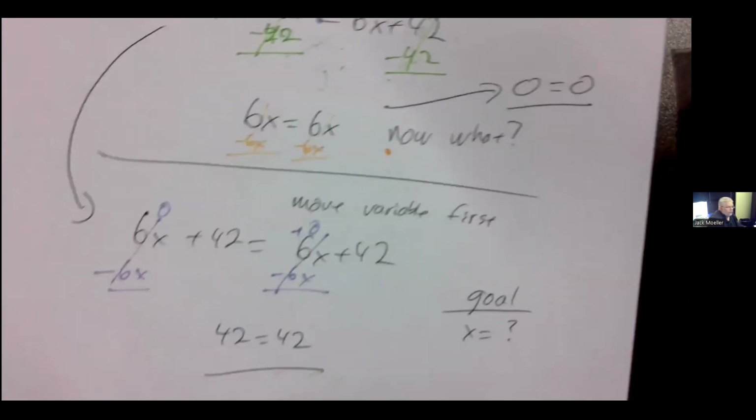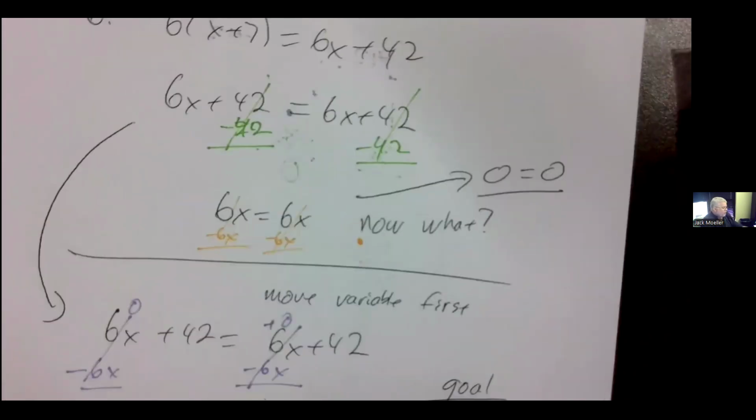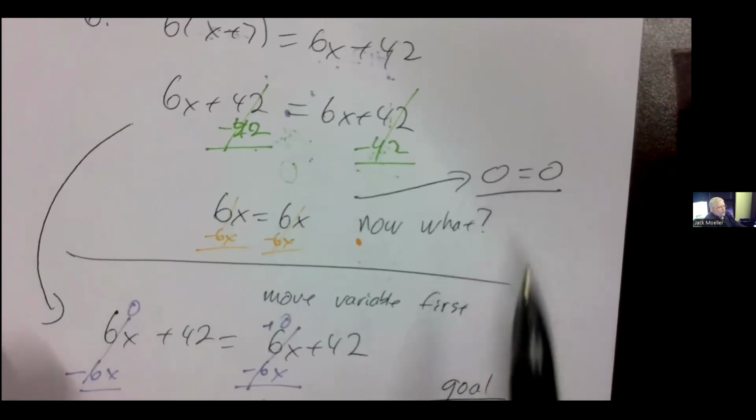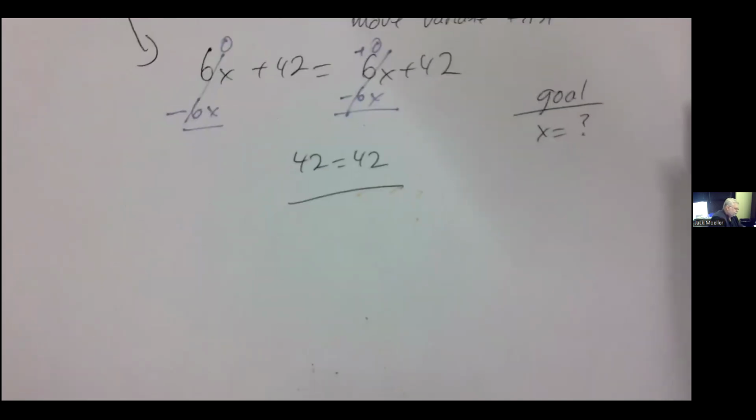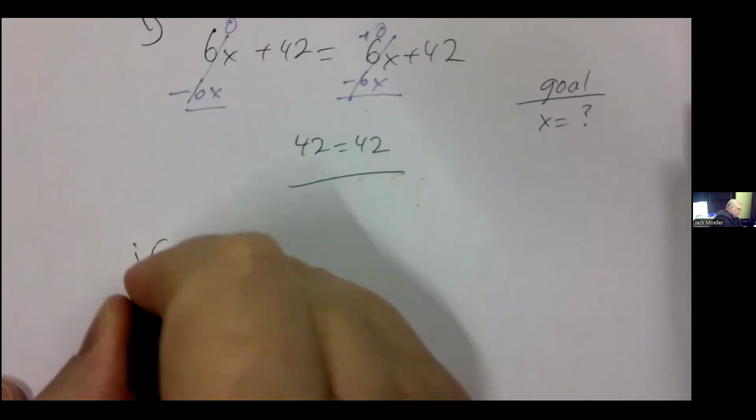Which may not be any more helpful than 42 equals 42, but in both of these, the variable has went away. So if the variable goes away on both sides, then your solution is either all real numbers or no solution. So if variables cancel,